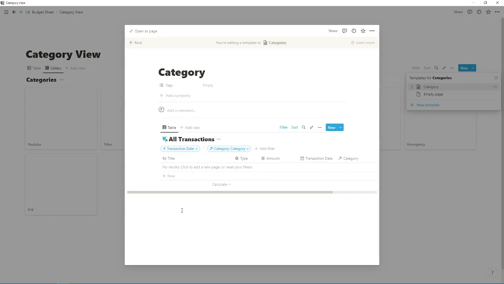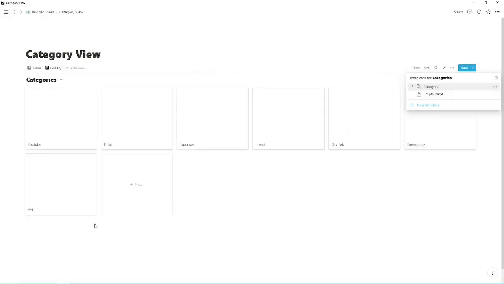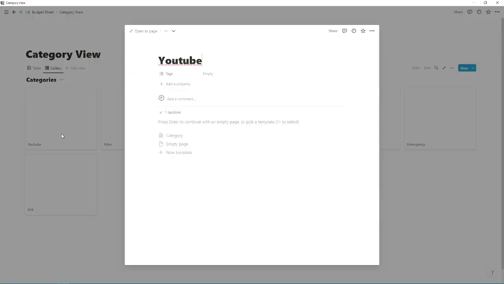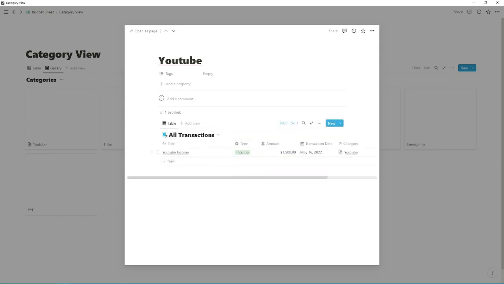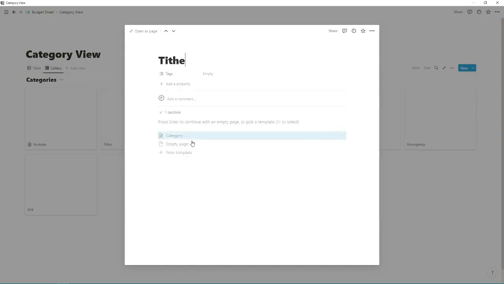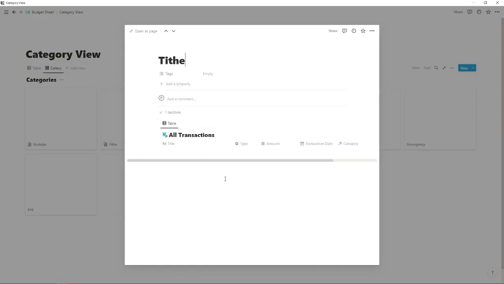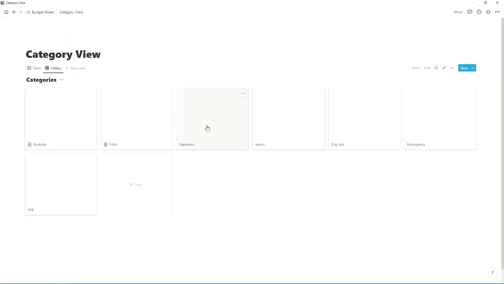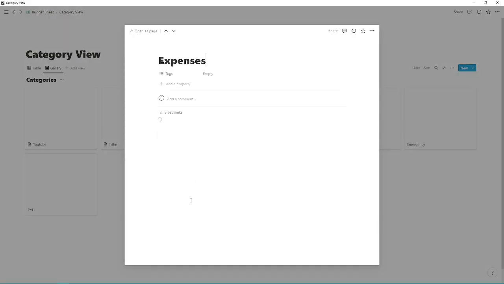So that will be our thing. Click on there, go to here and click on category. Now you should get all the YouTube transactions. There you go. For tithe, we should get tithe transactions. For expenses, we need to get